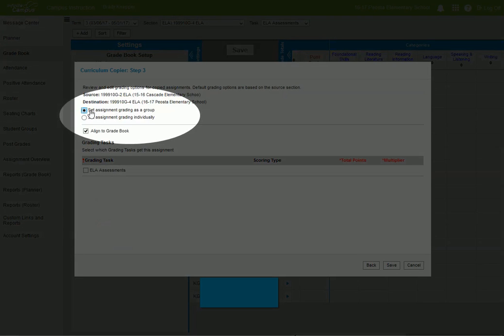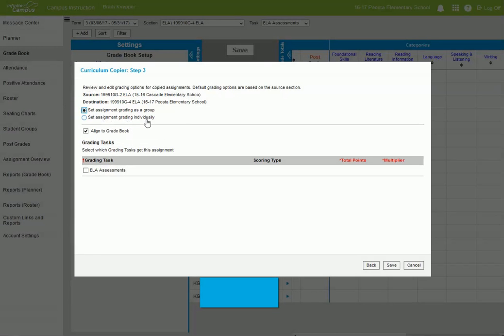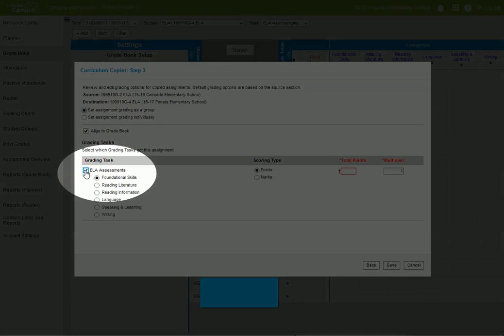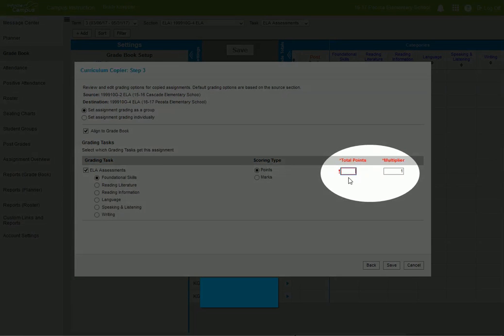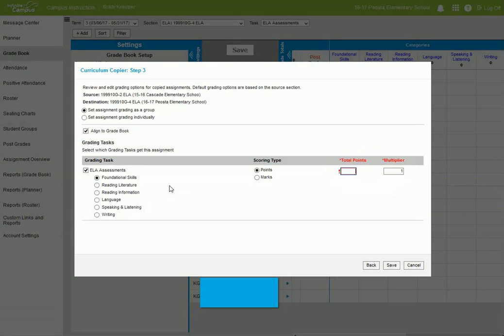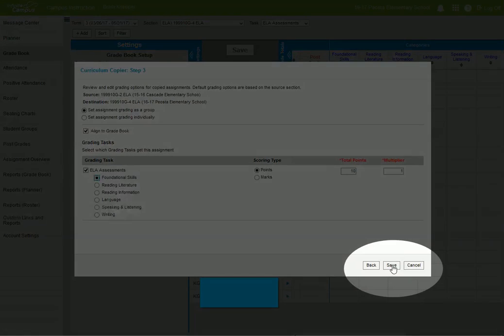I'm clicking up on the top. I'm coming off of Set Assignment Grading Individually and go to Set Assignment Grading as a Group. I check ELA assessments, and you're able to come through and you can mark the points that each of these would happen to be worth. They're all different. You may have to end up changing those, but I'm just going to type in a 10 for right now as I do this. You can go through, and as you see, you can click the radio button and you can put everything in here that you would like, but I'm going to go back to foundational skills. I click Save,